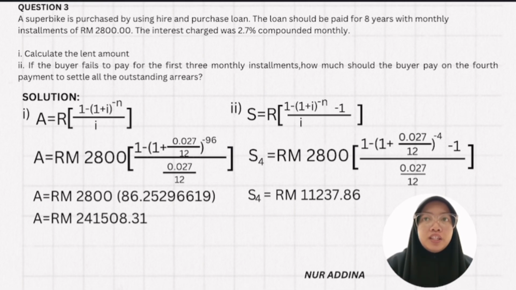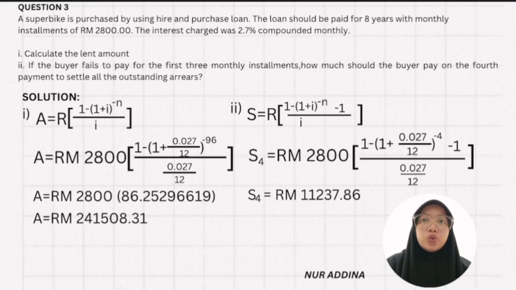The formula is A = R[1 - (1 + i)^-n] / i. The solution: A = 2,800[1 - (1 + 0.027/12)^-96